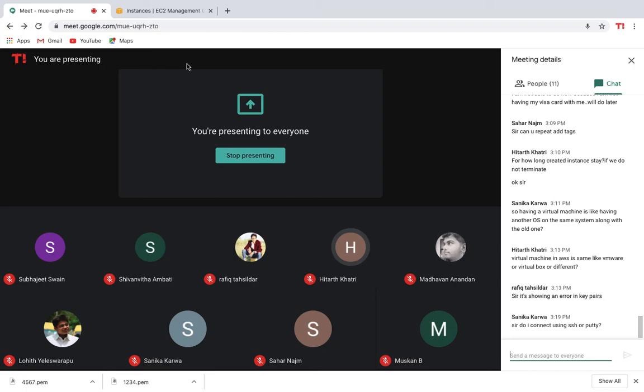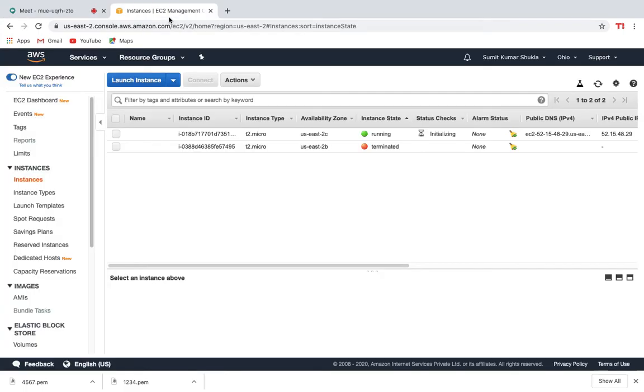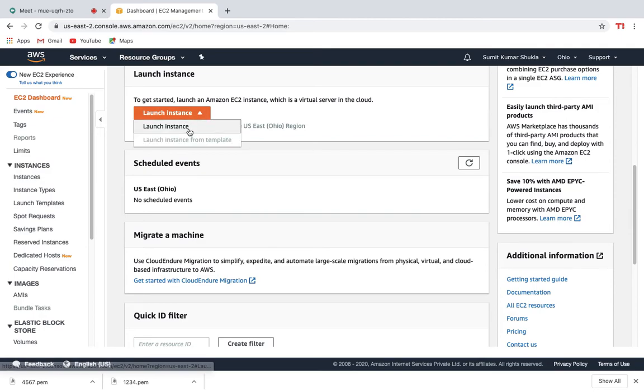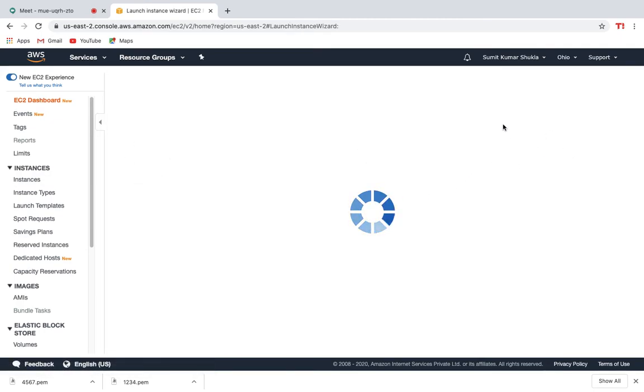So Shubhjit, do one thing, go back to your browser and click on edit AMI, and in edit AMI select the last option from the Ubuntu server, 18.04. I was also getting an error right there, so I've created it. Let me show you how you can create it. When you go to launch instance, you simply select your AMI from there.